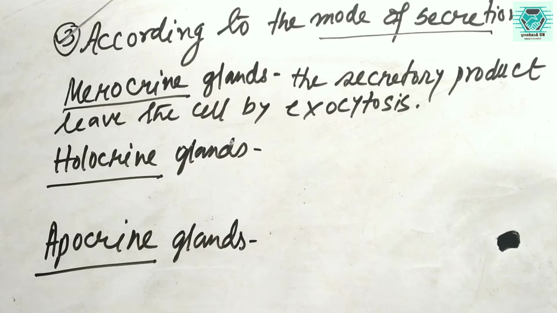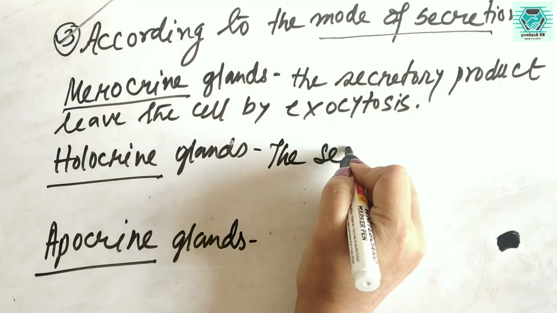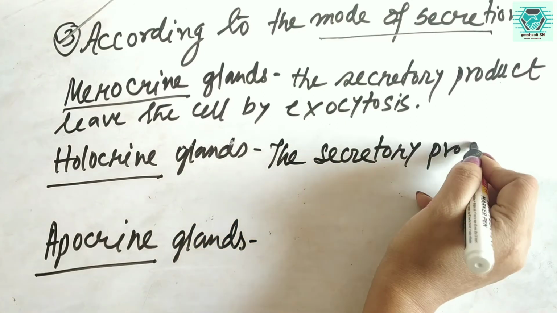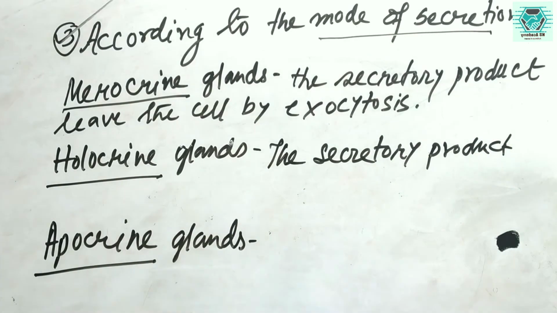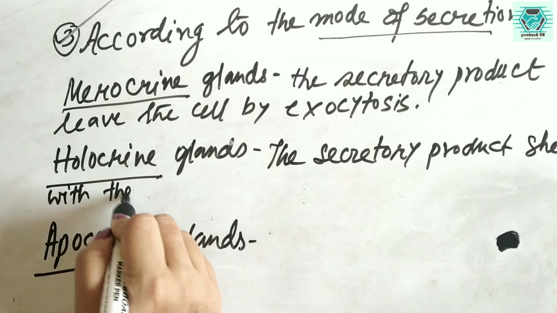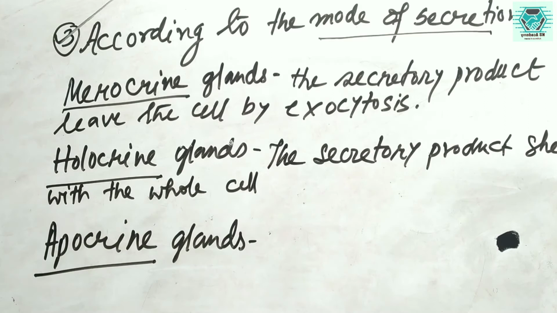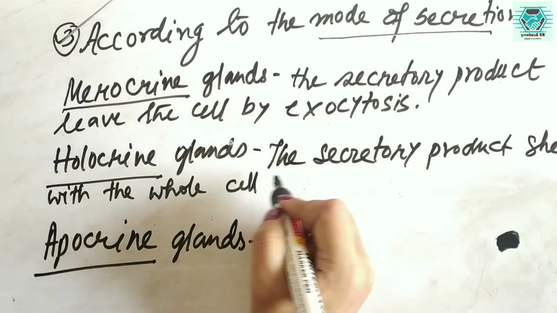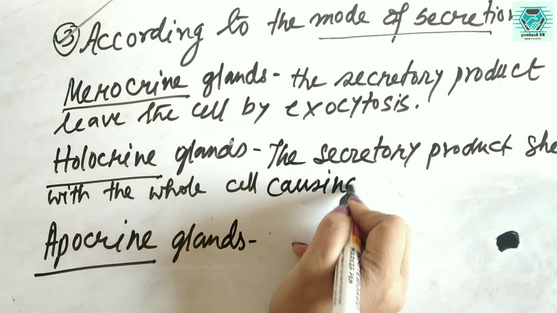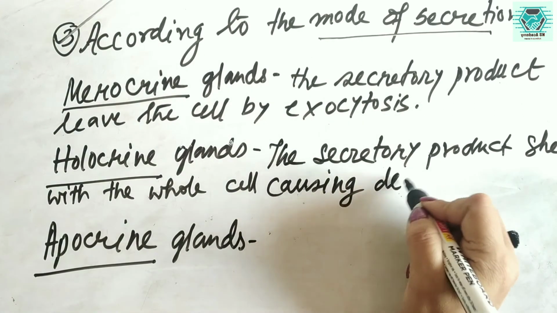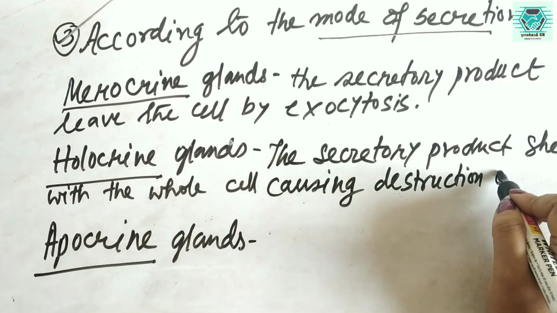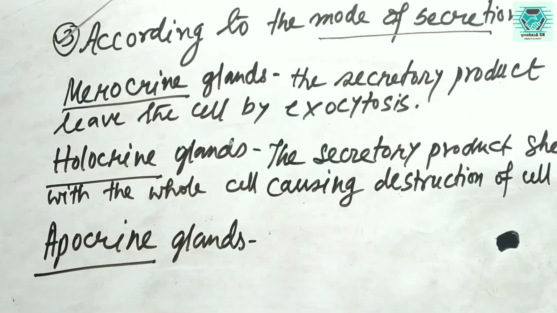In case of holocrine glands, the secretory product is shed with the whole cell, causing destruction of the cell. In case of holocrine, the secretory product is released with the whole cell, and that's why the cell which produced the product is destroyed. In case of apocrine glands,